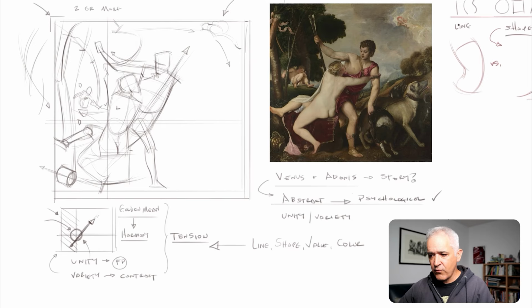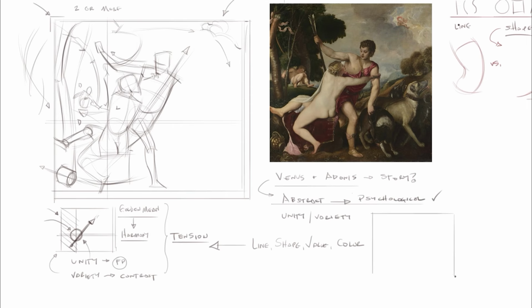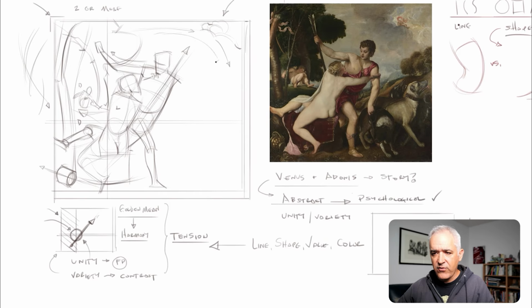So again, I'm going through, and if you're at all interested in this, read Andrew Loomis on his discussion of composition, the way he talks about pathways, how everything in the picture is a pathway, or can be a pathway that prompts you and moves you into different areas. But the clouds really bring us back down and into this grove, or this area of trees. And the trees as a whole are this diagonal mass or shape that starts to lean us back down and in. All right, so it goes this way.